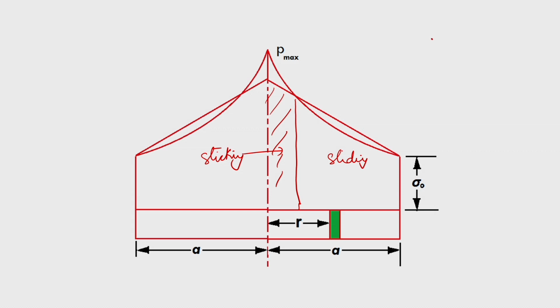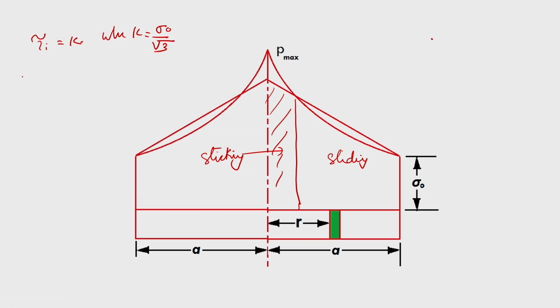There is a limit up to which sliding friction can exist at the die workpiece surface. When that limit is reached, the interfacial shear of the workpiece occurs at a value of the flow stress, which is tau i is equal to k. That means tau i is equal to k, where k is equal to sigma 0 by root 3.